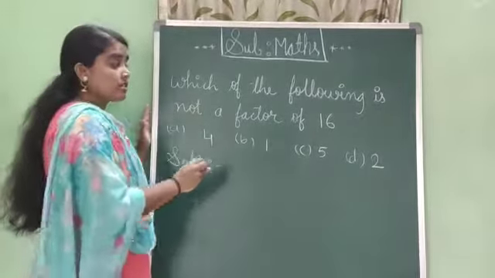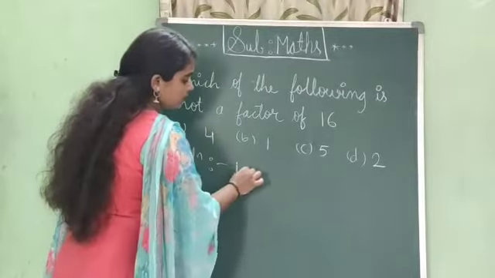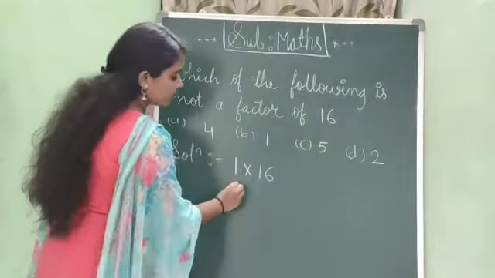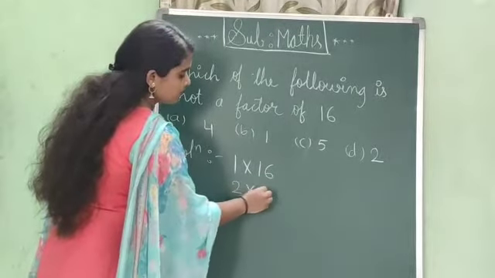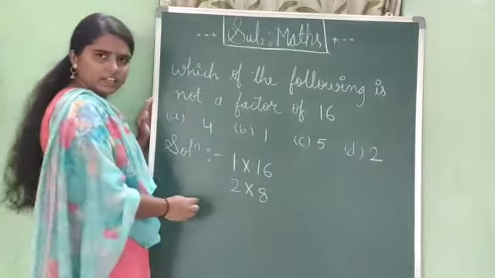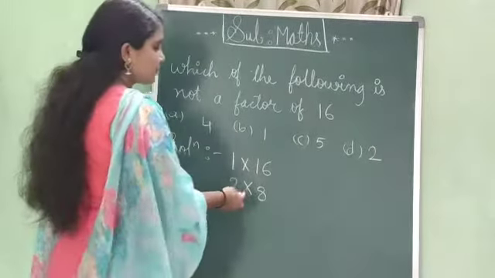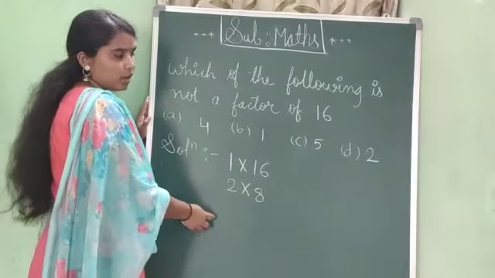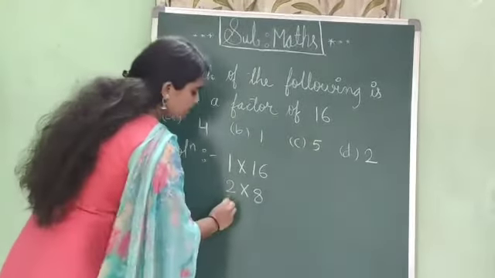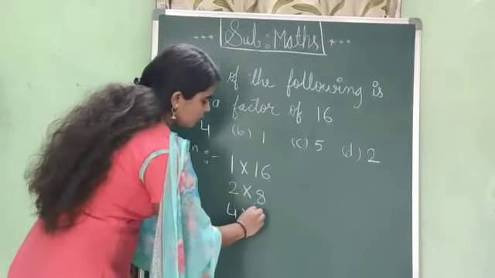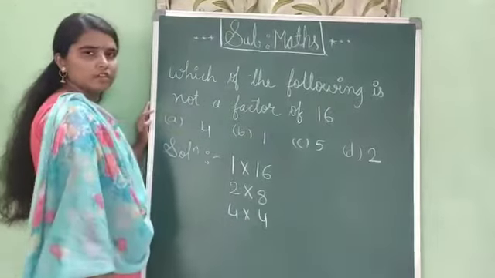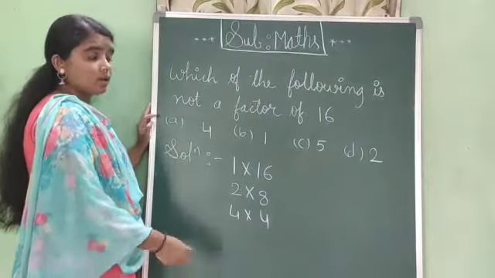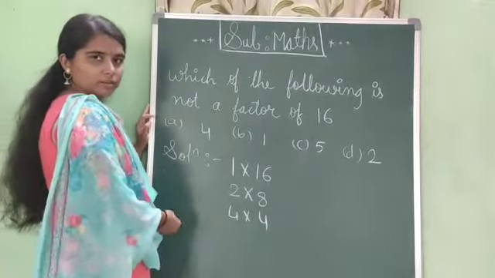Okay. First, same as usual. 1 16s are 16. Then in the 2 table 16 will come. Yes, 2 8s are 16. Is it correct? Yes. Next. Then any other table? In the 3 table will it come? No. In the 4 table? Yes, it will come. 4 4s are 16, or not? Yes. Next, in the 5 table will it come? No. So here only our answer will appear.